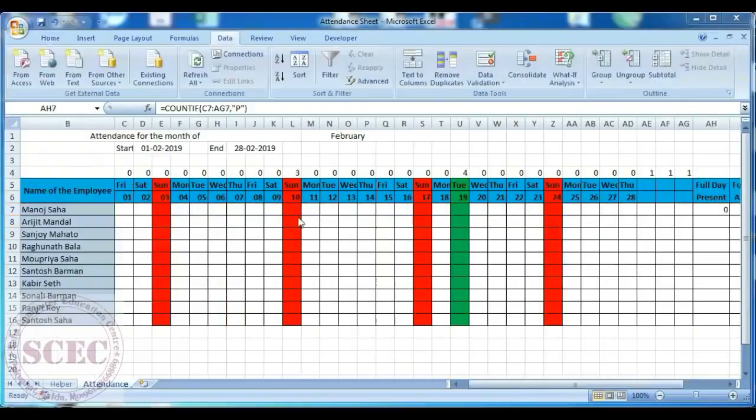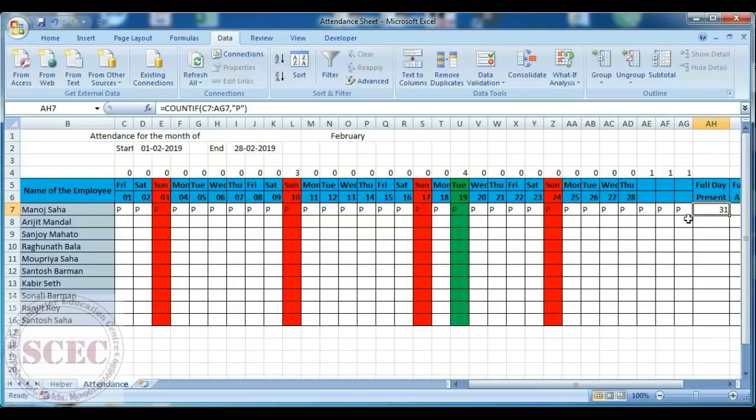It's showing 0. So now I will put present value in all of the cells here and we can see the present day count is increasing day by day when I put P.